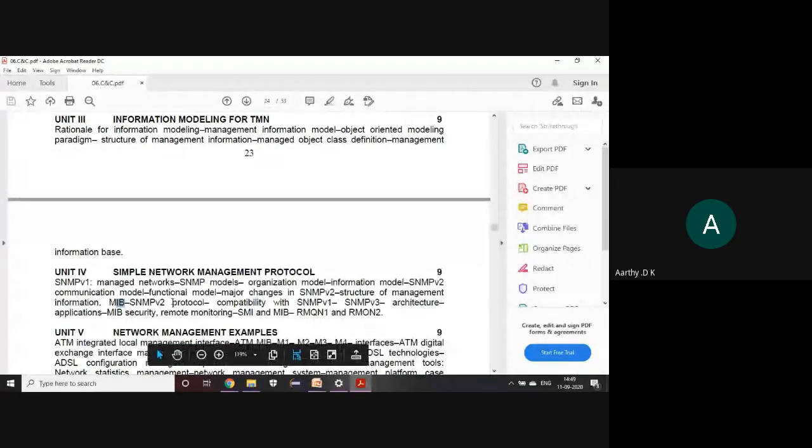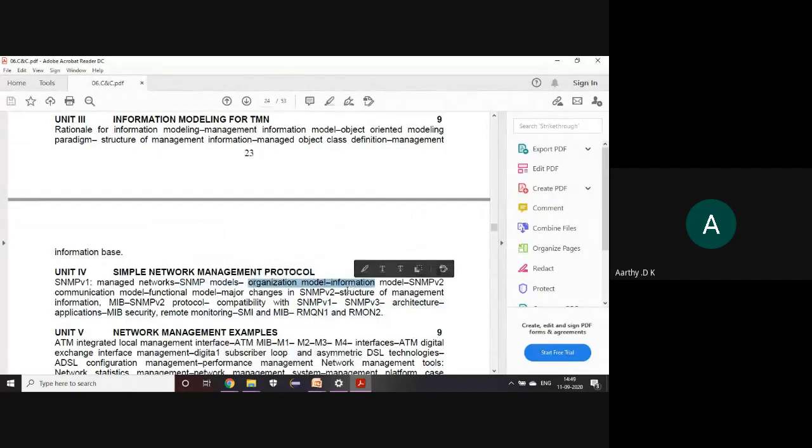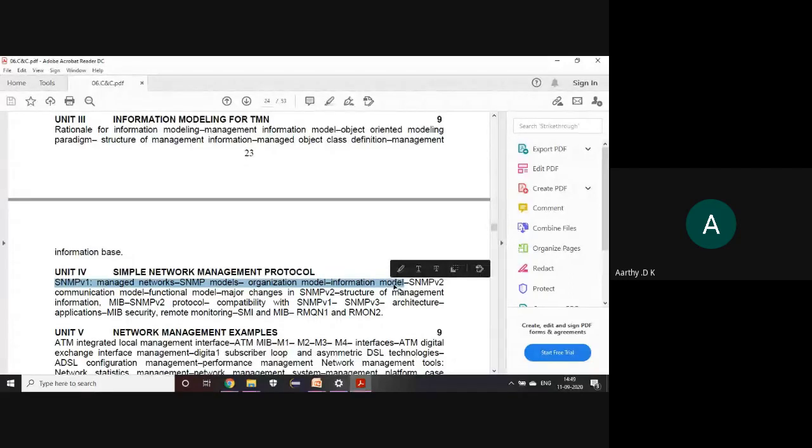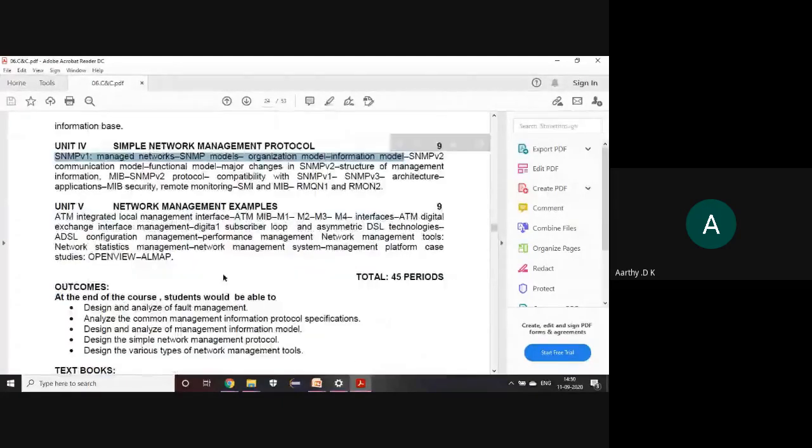Next you have these things to be covered. For version 1 in SNMP you have only 2 models, but in your book you will have the communication model also. But the communication model is covered for version 2, so don't study that. Till this information model, it is available in chapter 4 of Telecommunication Network Management by Mani Subramanian.